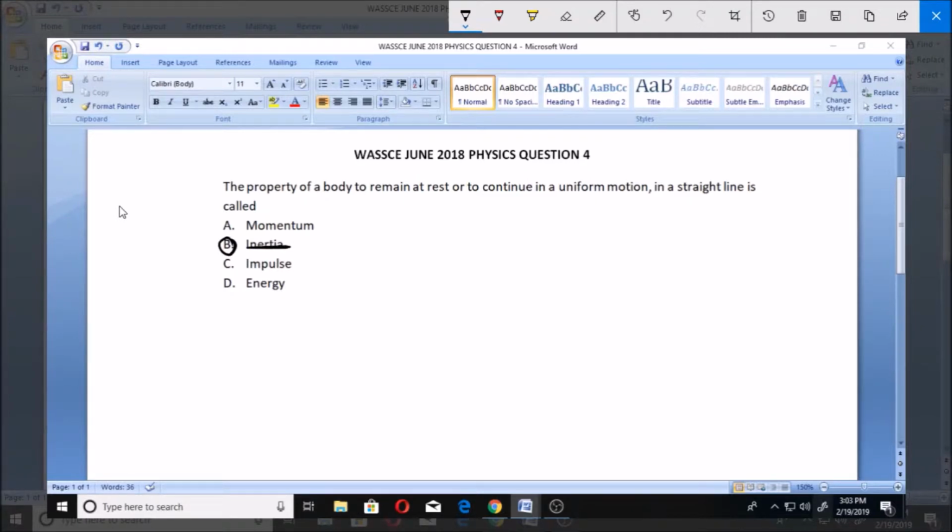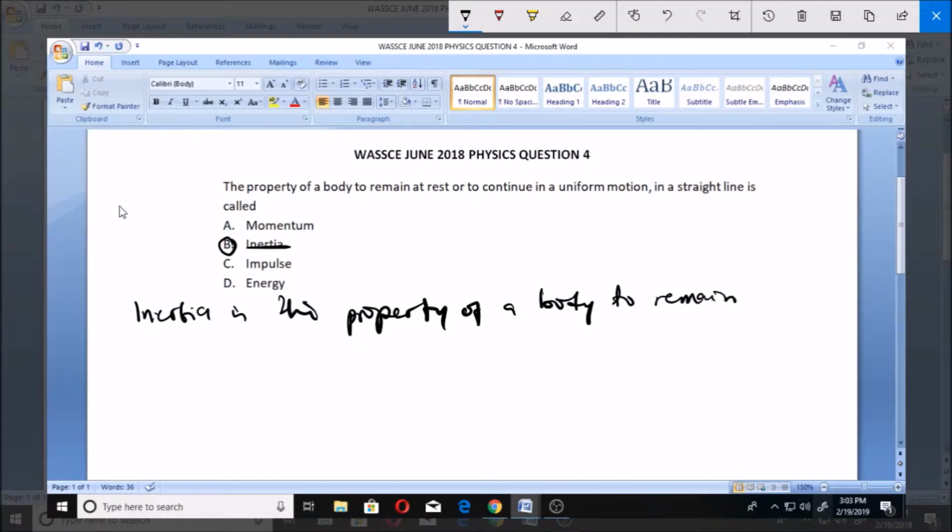But I will also explain the other options. So let's take the definition of inertia first. Inertia is that very property of a body that makes it to do what? To remain at rest